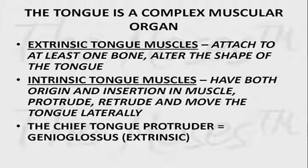So, the tongue is a very, very complex muscular organ, because in the tongue we have extrinsic tongue muscles. The extrinsic tongue muscle attaches to at least one bone and alters the shape of the tongue. Then we have intrinsic tongue muscles. Intrinsic tongue muscles have the origin and insertion in muscle. Now think about this. All the muscles we usually deal with in the body, origin in muscle, and bone, insertion